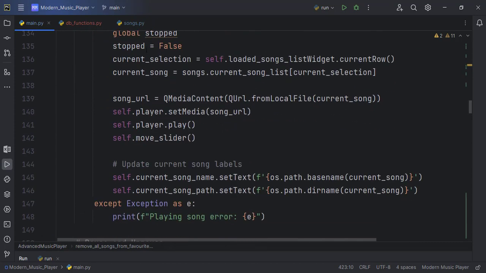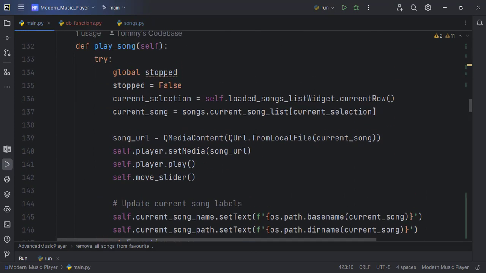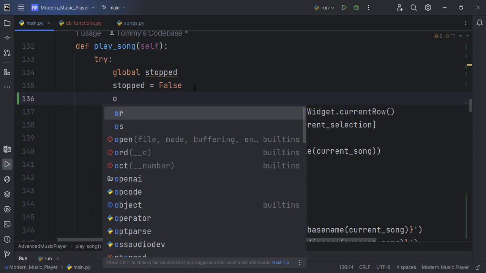Okay, play song. But here we just have to check which of the tabs is active, whether the current song tab or the favorites tab is active. That one will help us to play either the song that has been loaded or the favorite song. So this particular part is for where we are playing from the song list. So that one you can say if